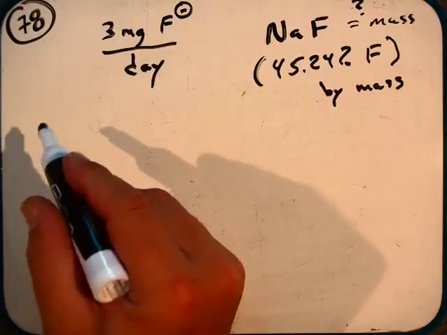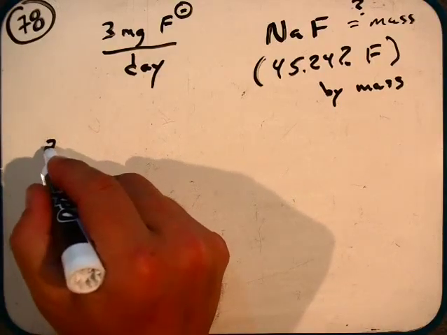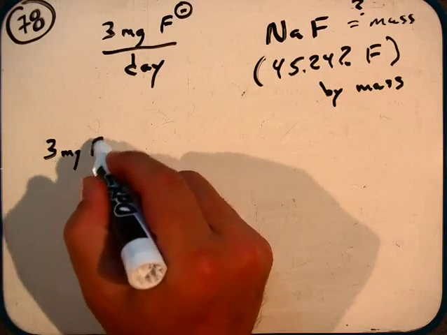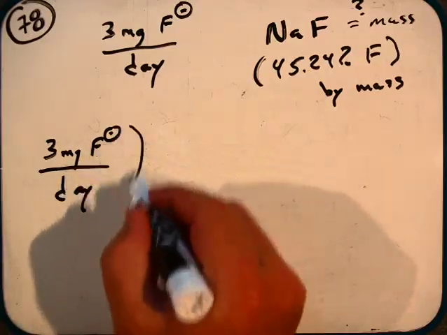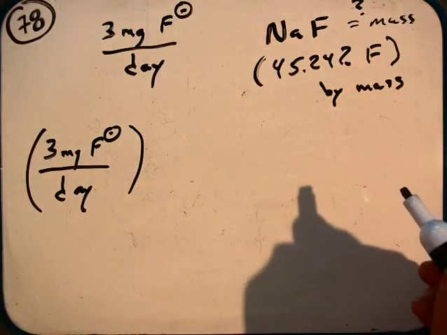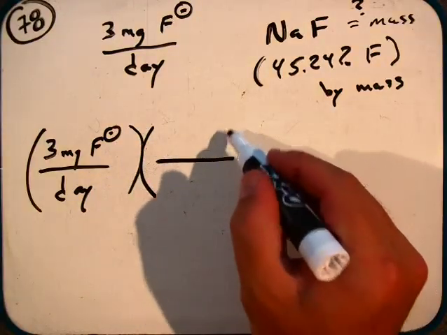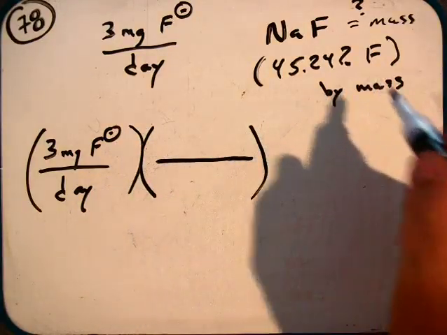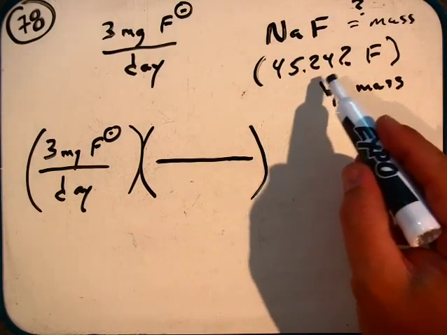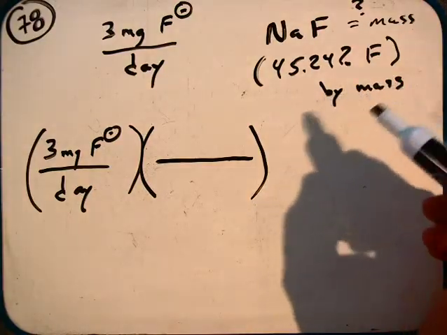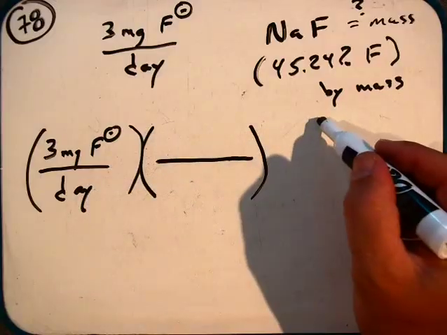And so to begin, we can say, well, we have 3 milligrams of fluoride per day. That's what is required. Now we can use our percent here as a conversion. Another way to say 45.24% is to actually represent it as a fraction, saying that, well, there is